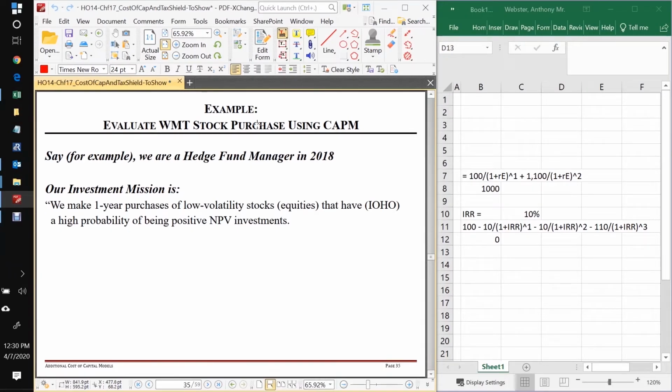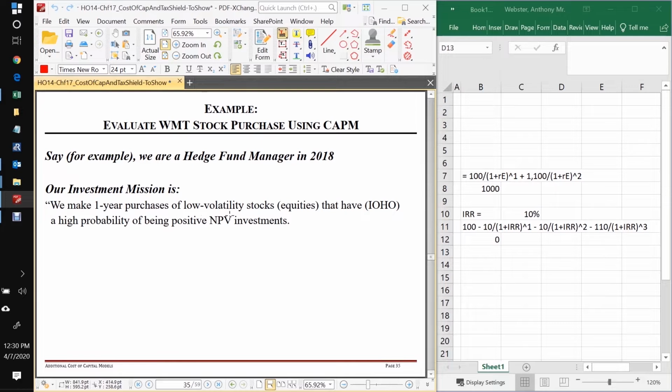All right, let's do an example. Let's evaluate a potential purchase of Walmart stock using the CAPM model. Okay, so let's go back in time a little bit, but not much. Let's say we're a hedge fund manager in 2018, and our investment mission for our hedge fund is we make